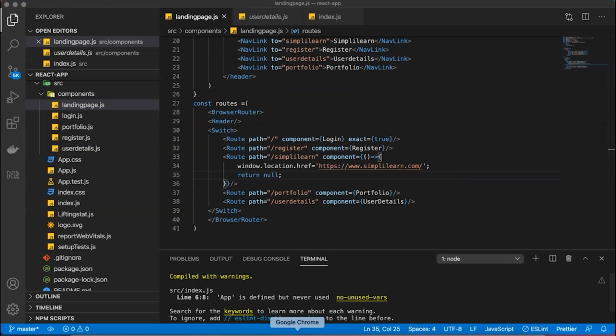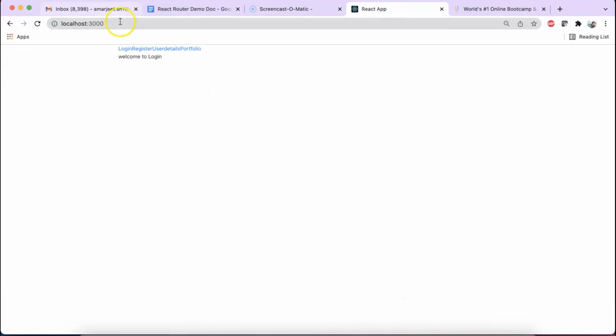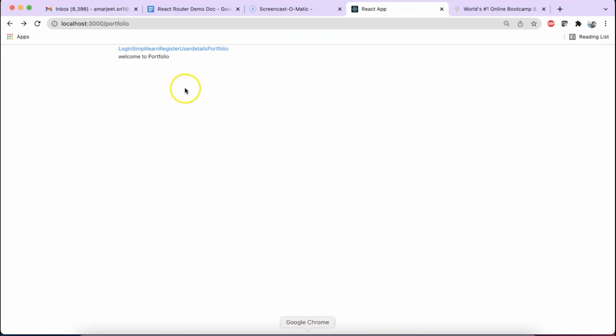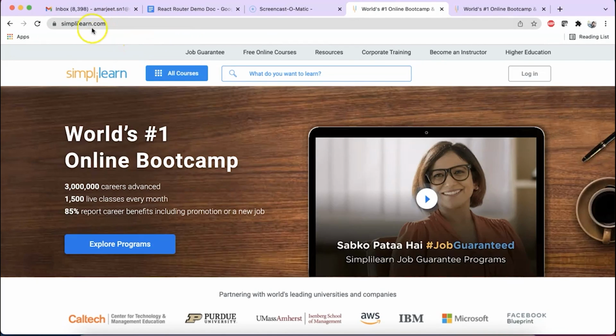So I'm saving this and going back to this location now. So you can see we have a call Simplilearn. The moment I click it here, so it will somehow try to take me towards where? To this external website, the one which we are actually looking forward for. Okay, so this is the way through which you can basically make the application accessible outside. So if I just go back to my browser and refresh this, and I click on Simplilearn, and you can see now it took me to an external location called